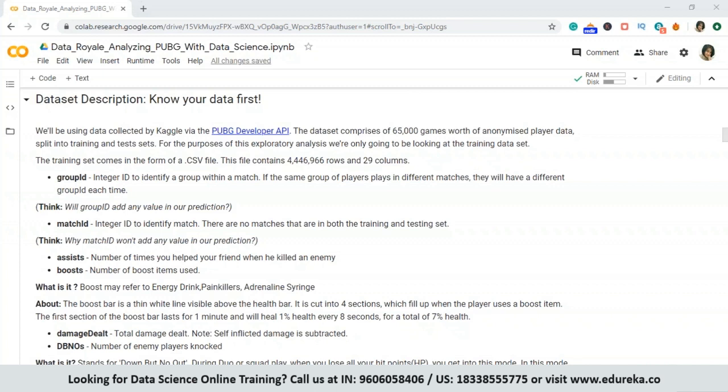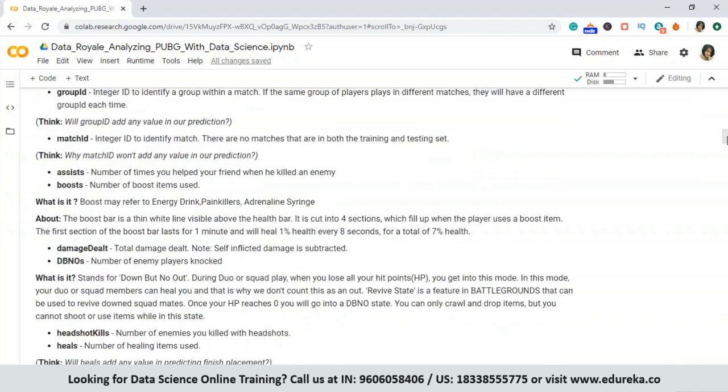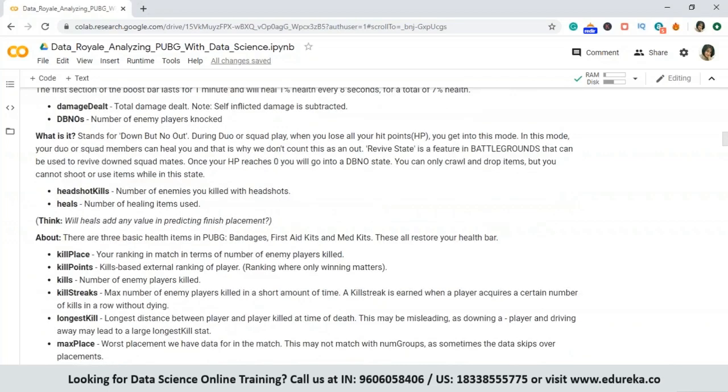Why would your opponent try and help you out? True? Then you have the next section, which deals with damage. Now, there are 2 things you need to know. One is damage dealt, which is the total damage your player has dealt, without considering the damage that you've done to yourself, and your DBNO, which means down but not out, which is again a feature specifically not for